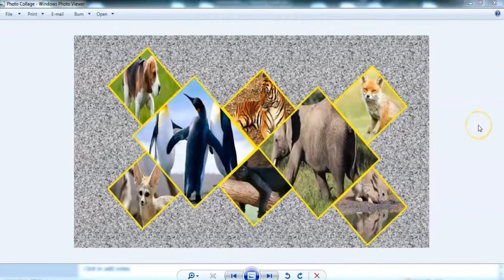As you know, Summer Splash 2020 is going on and this is your computer activity class. In this class, we will learn some new and interesting things using PowerPoint. So let's start. Dear students, today we will see how to make this type of photo collage using PowerPoint. So first of all, open PowerPoint.